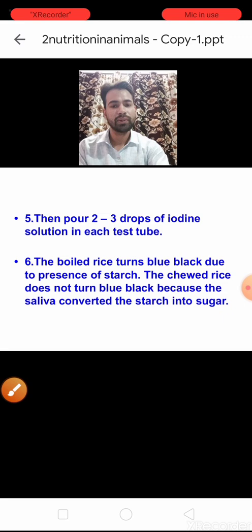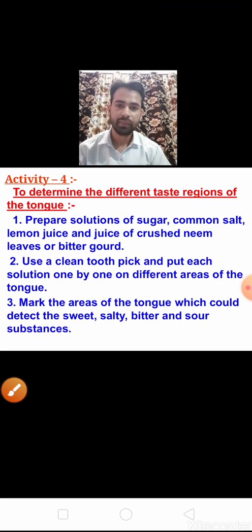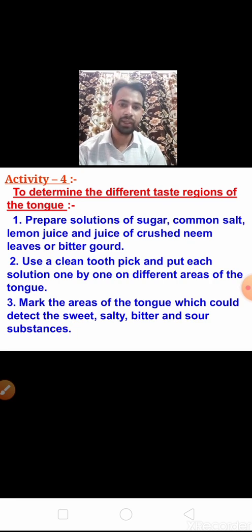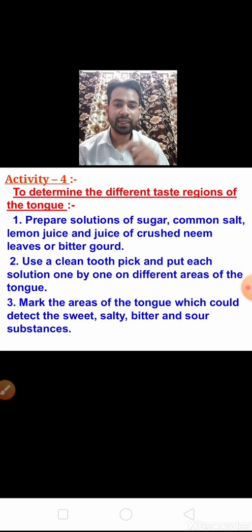Now next, the fourth activity of this chapter, that is to determine the different taste regions of the tongue. In our tongue, four regions are there for different tastes.